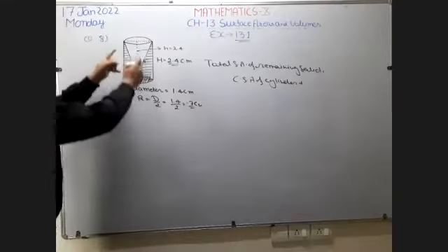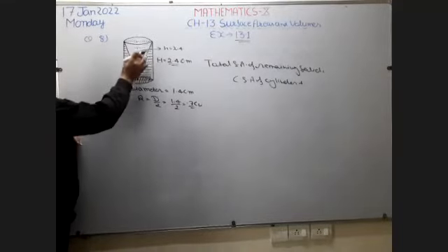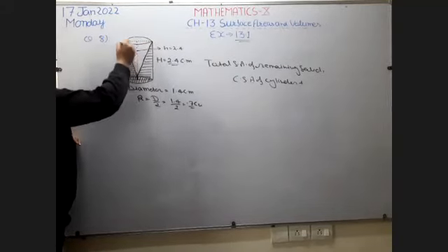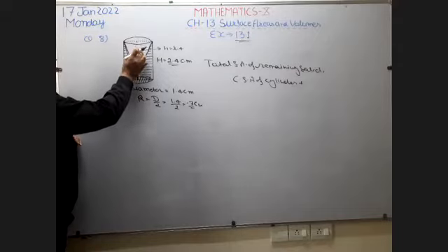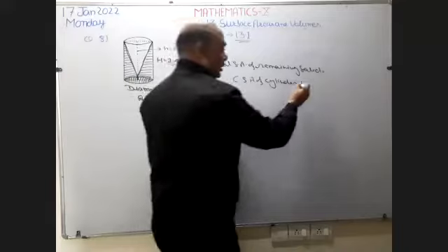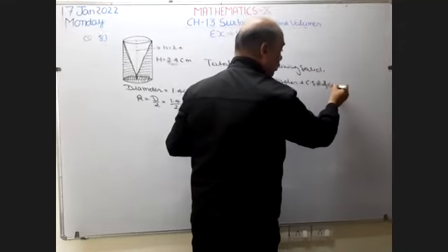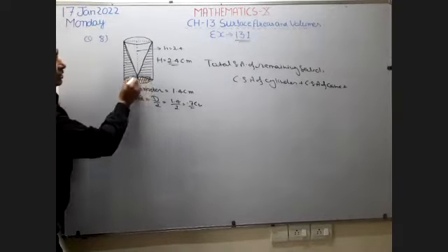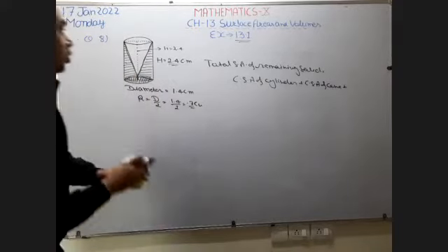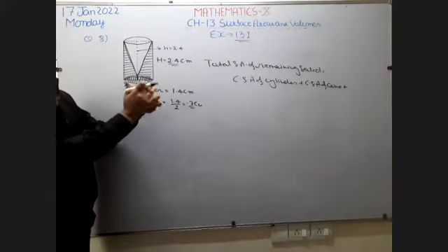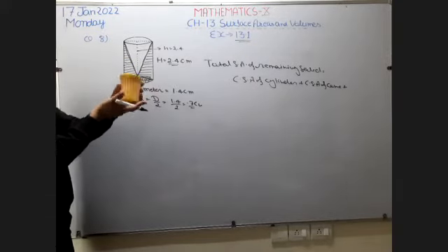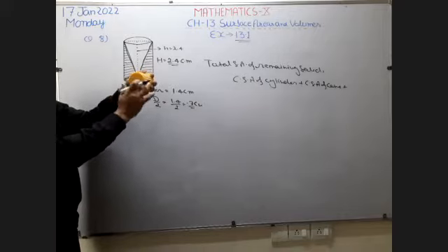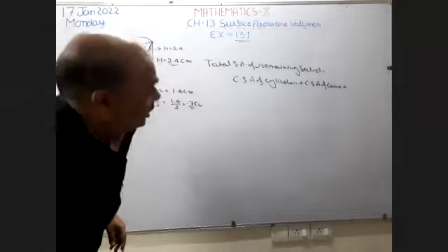After that, what is the inner part of the cylinder? The inner part of the cylinder is in the shape of a cone. This portion is left, so this is the curved surface area of the cone. And one more thing is left. What is left? The base of the cylinder, because we are hollowing out the top. This base is completely left. What is the shape of this base? This is a circle. It means the area of the circle is left.